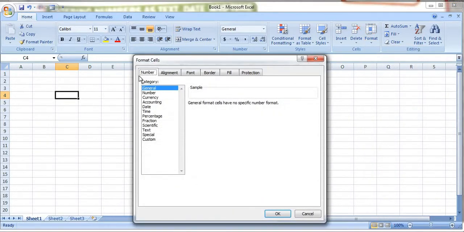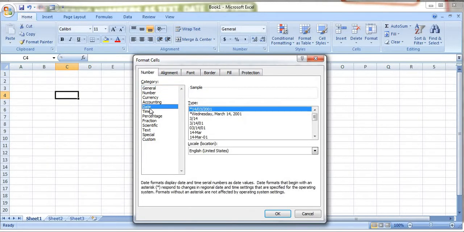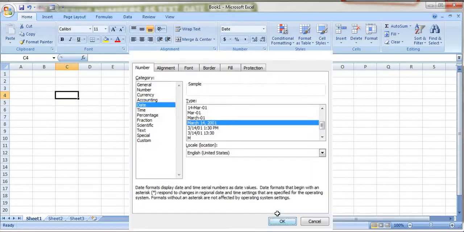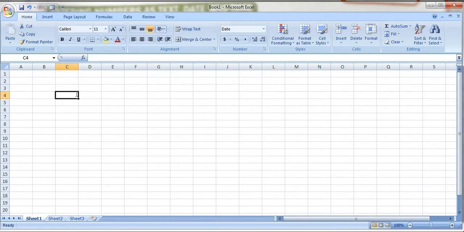Select this. Here the number tab is selected by default. Here we have date and time. What format of date you want, you can select it. A number of formats are there. From here I can select this one, or any format as per your requirement, or date and time can be selected together. I am selecting OK.